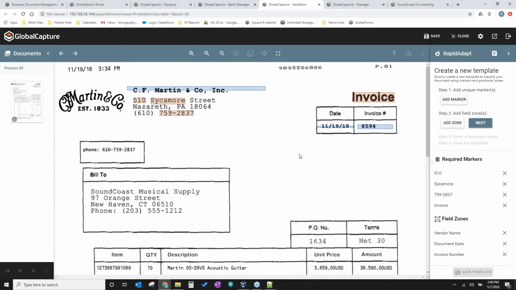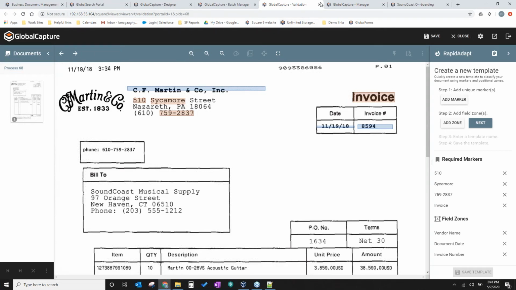And we don't have to do this ever again for this invoice, right? If they change their invoice or change their formatting a little bit, all we do is come in, build a new one, and tell the system to recognize the new one. So you're rapid adapting to your vendor's environment, right? You're able to create this once and move on and do something else.